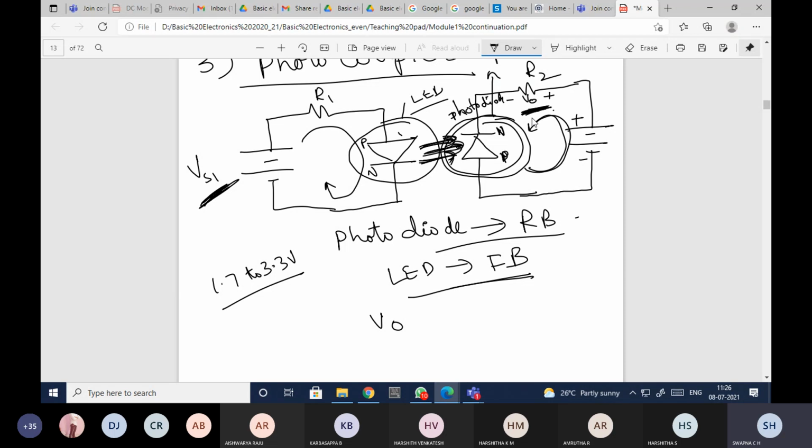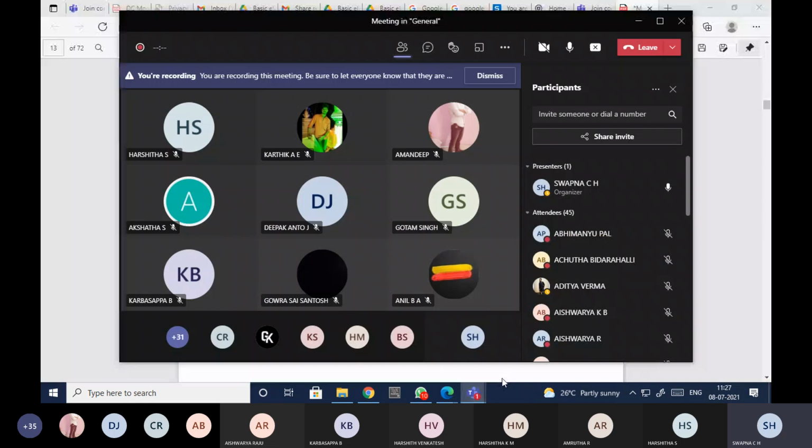And if you ask me the applications, it is used in communications mainly. Whenever you are using optical fibers, there you'll be using both the LED and also the photodiode. The LED will be connected between the input side and the output side. So this photocoupler is used mainly in communication. These are some of the special types of diodes. I hope all of you understood this photodiode